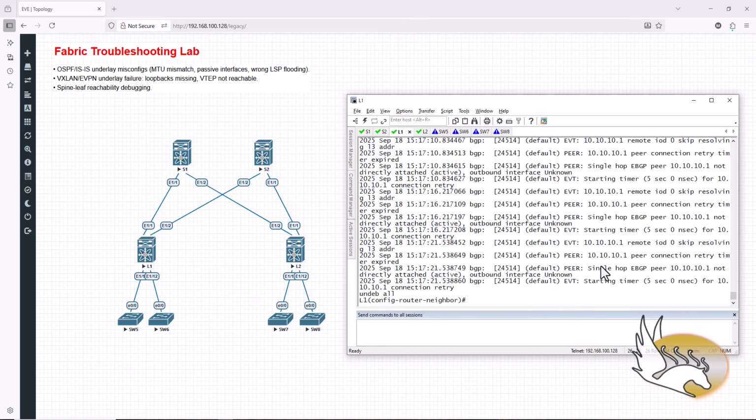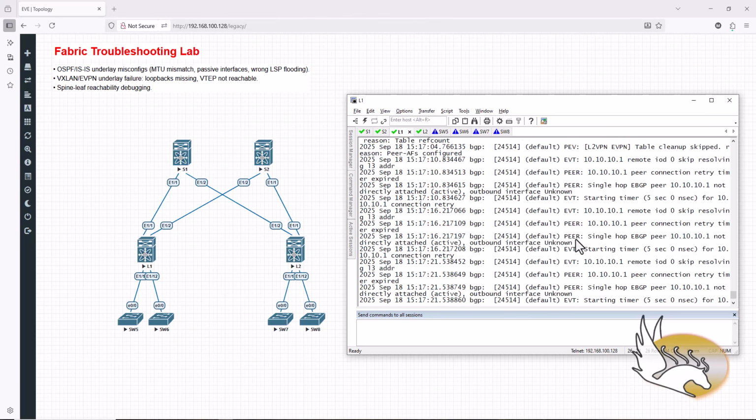So let's see what the problem can be. I can just see the debug messages. Most likely what you're going to do is to capture this interface. That's going to be much better than going with debug, actually. So you can see that here it says that